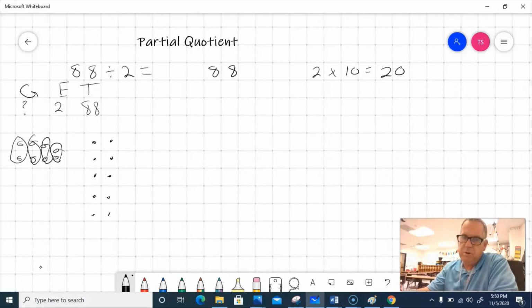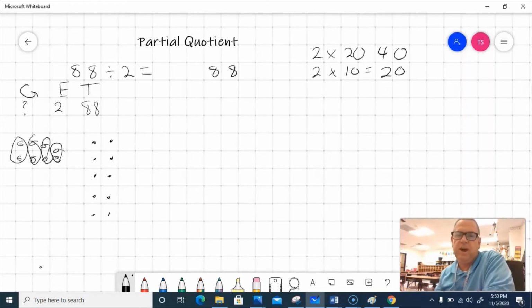So we remember when we were multiplying 2-digit numbers, I could do 2 times 20. 2 times 20 is 2 times 2 is 4. And then I just place my 0 behind it. So 2 times 20 would be 40, or 20 plus 20 is 40. So I've got those 2 facts right there, and I'm going to use those facts to make this go a little bit quicker. So I'm going to take my bigger number, biggest number that I have right here, which is